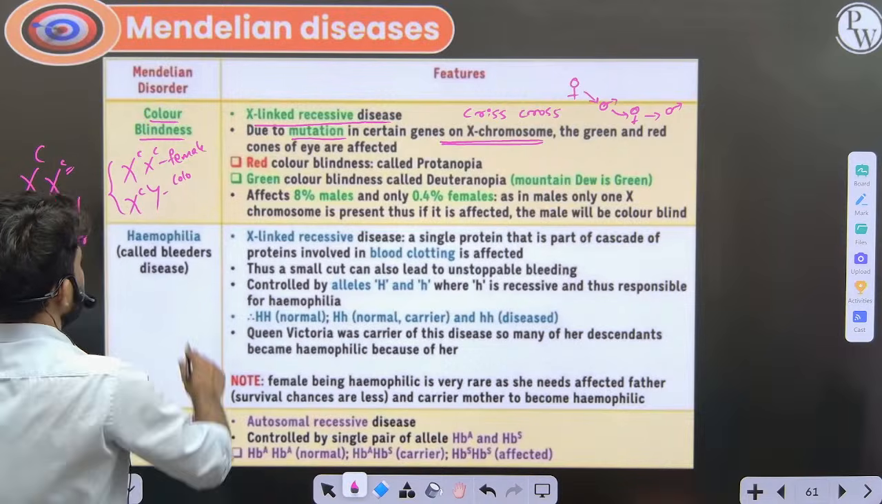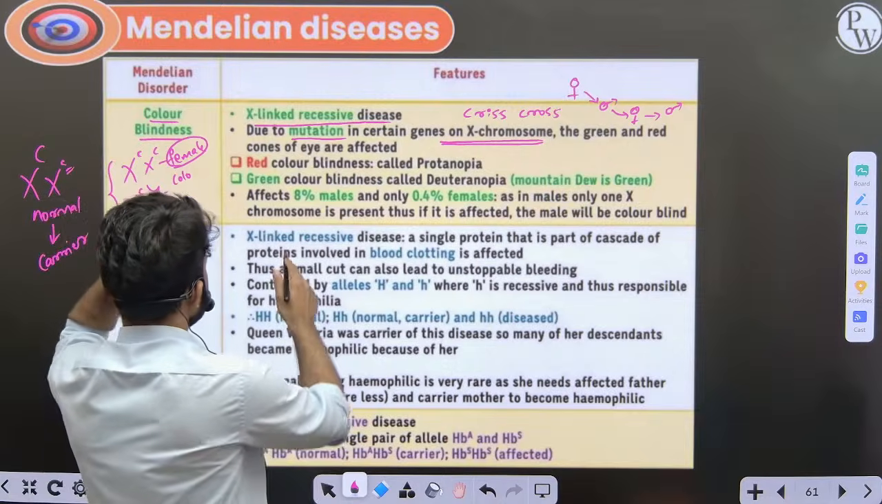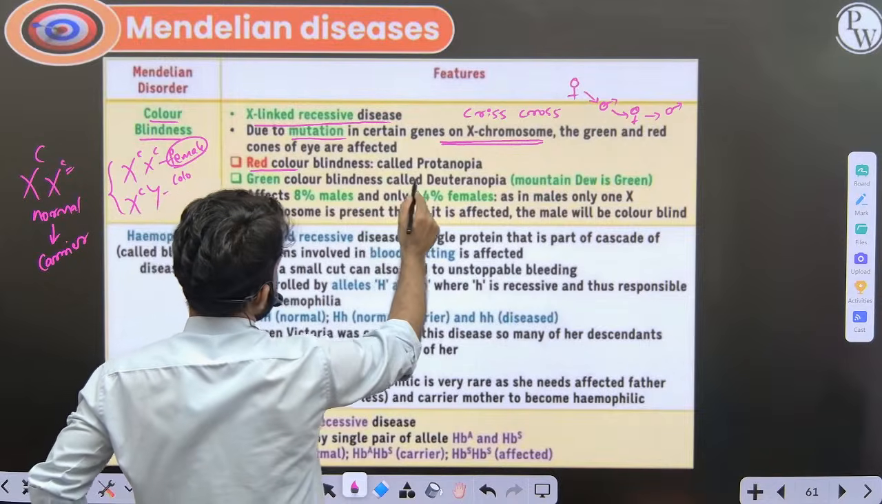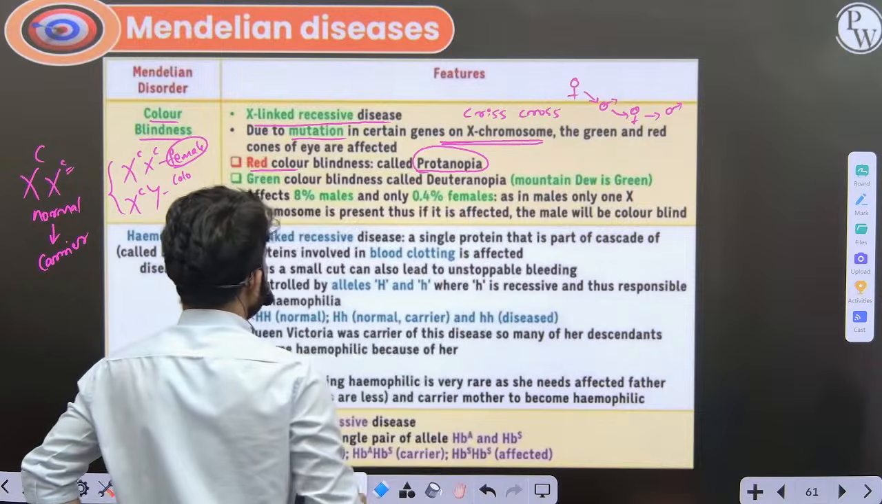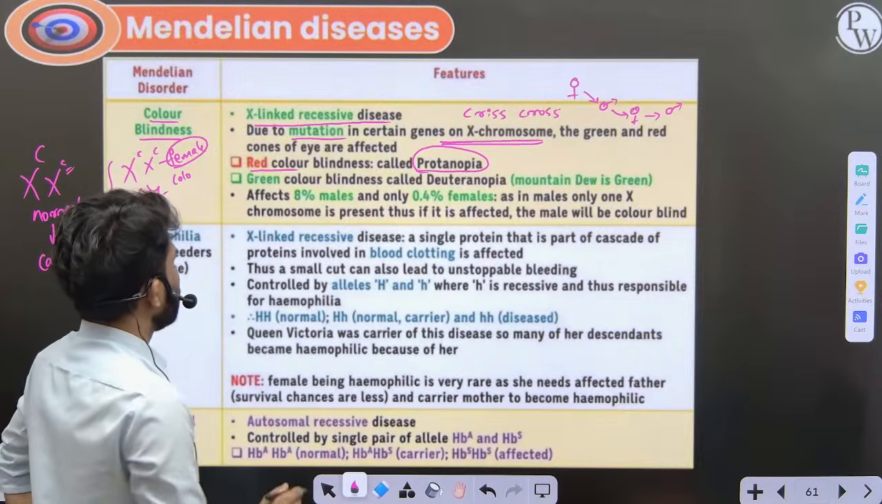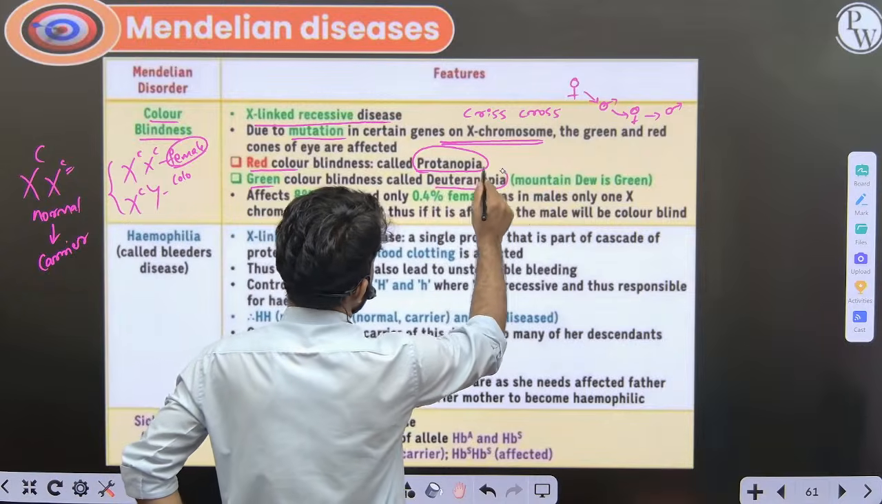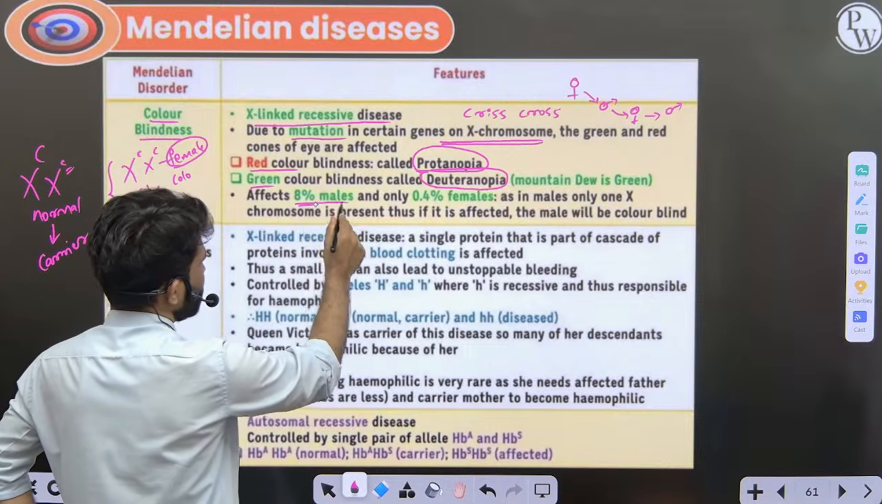Usually it is normal. In the case of females, the disease is rare. There are two different types of color blindness. Red color blindness is called protanopia, and green color blindness is called deuteranopia. It affects 8% of males,